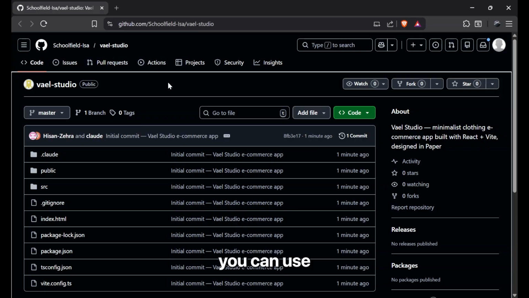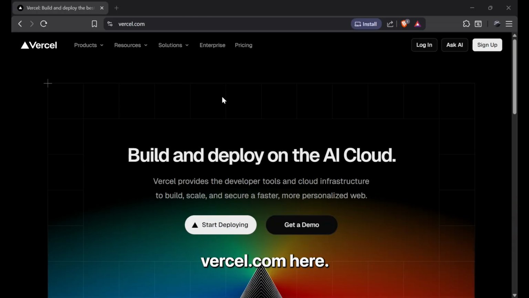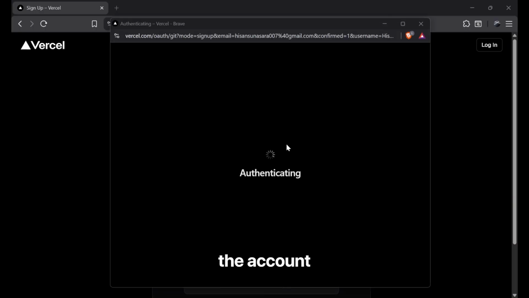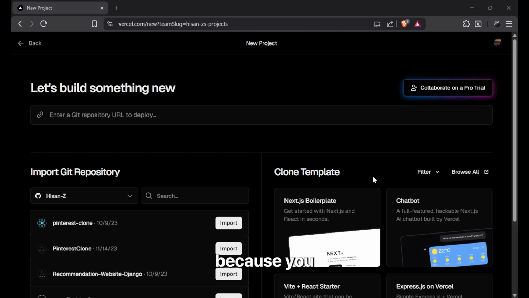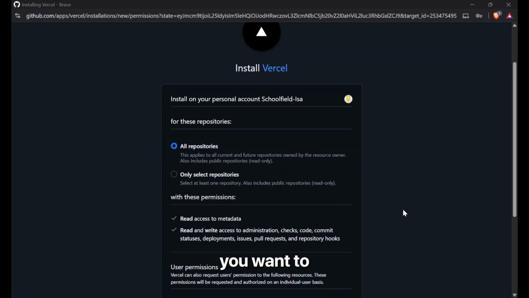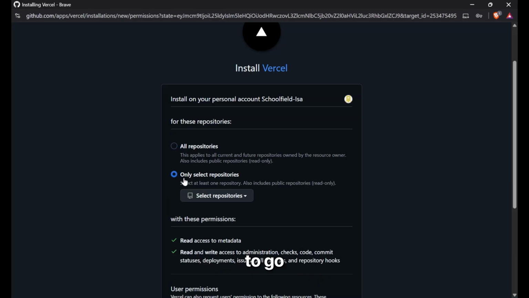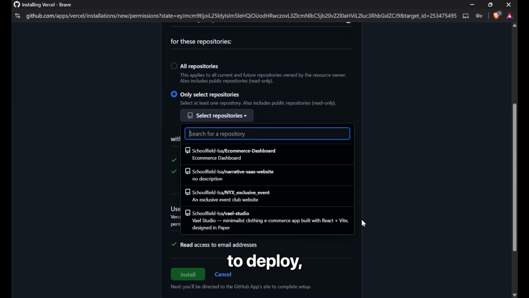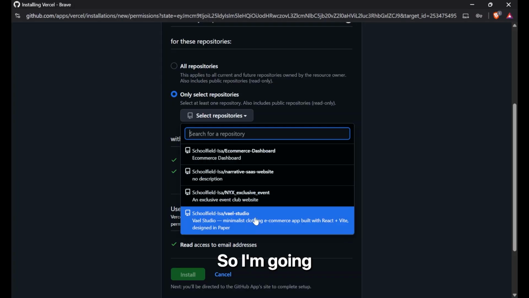Now from here onwards, you can use any platform like Vercel to deploy your application. So this is vercel.com. Here all you have to do is sign up. I would suggest you create the account using GitHub itself so that you don't have to integrate it later, because you have to use the GitHub integration in Vercel anyways. Now on your permission page, you'll be asked whether or not you want to give permission for all repositories or just for the selected ones. I would recommend going with the selected repository and selecting only the one that you want to deploy, which is this right here. So I'm going to select it